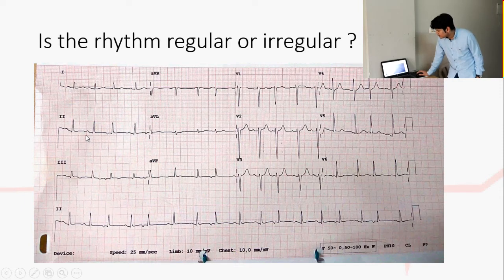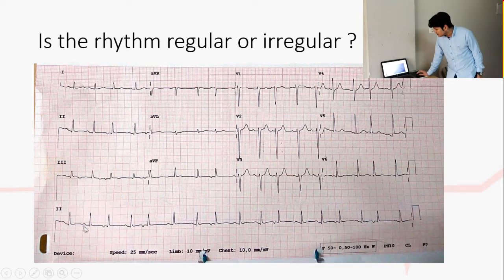Okay, so let's focus on lead 2. Here we can see a clear-cut P wave. One more here, it's an inverted P, but there is a P wave for sure. Now one more P wave here. Fine. Now let's see in lead V1. Okay, we can make out the P wave is here. Fine. So when P waves are present and the rhythm is irregular, you have to focus on the P wave morphology.